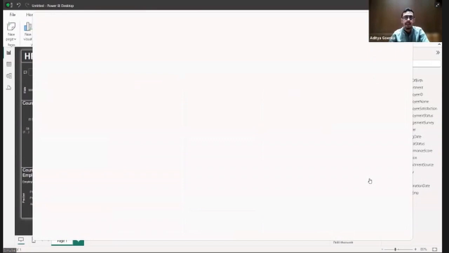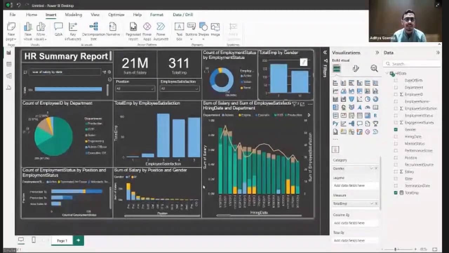By the way, guys, this infographic designer is completely optional. Only if you want to go ahead and do this, you can. Otherwise, you can skip it as well. It is not required because your work is already done. But if you still want to do this, click over here, then click on this infographic designer.